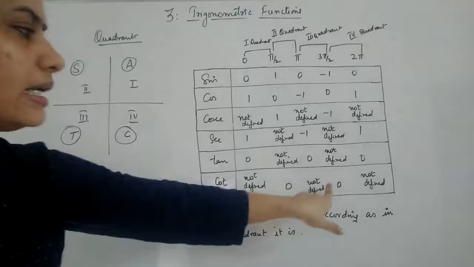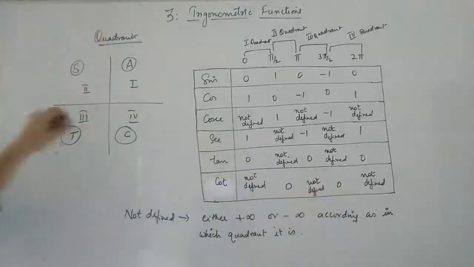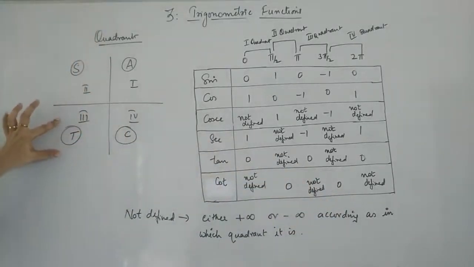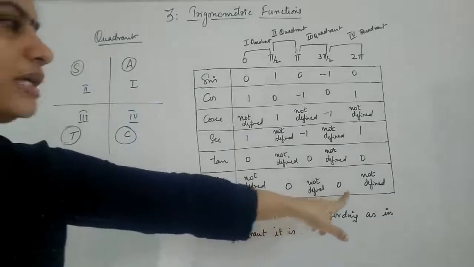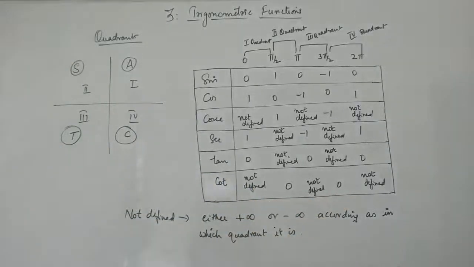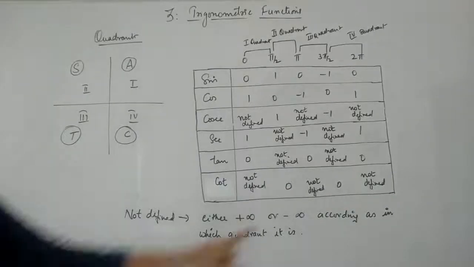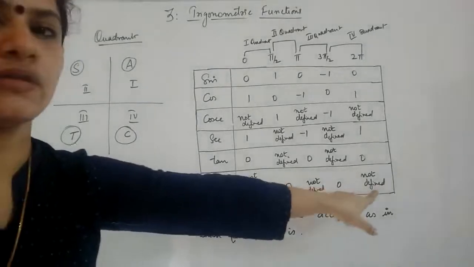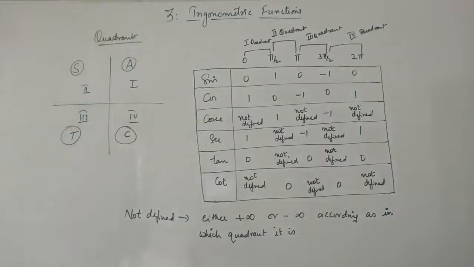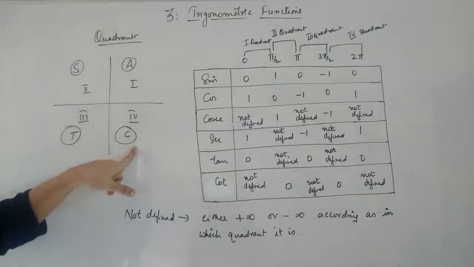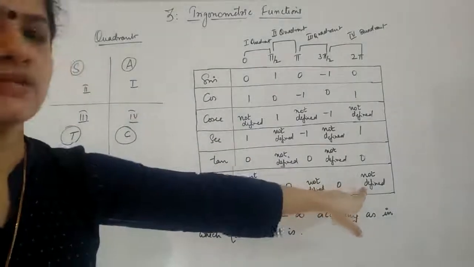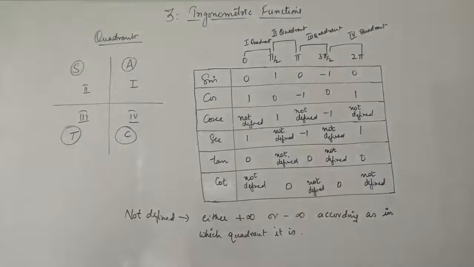Now in the third quadrant again it is not defined to 0. Not defined to 0, but in the third quadrant tan function is positive. That means cot is also positive. And the meaning is you have to take this not defined to be infinity. So it is from infinity to 0. Infinity to 0 means it is decreasing. Next in the fourth quadrant it is from 0 to not defined. In the fourth quadrant cot will be negative because tan is negative, right? So you will have it to be minus infinity. So it is from 0 to minus infinity, which means it is decreasing its values.